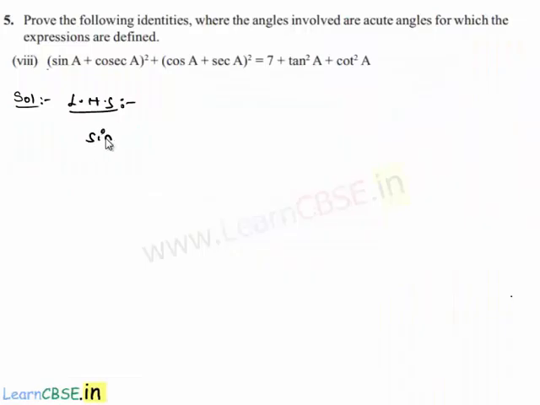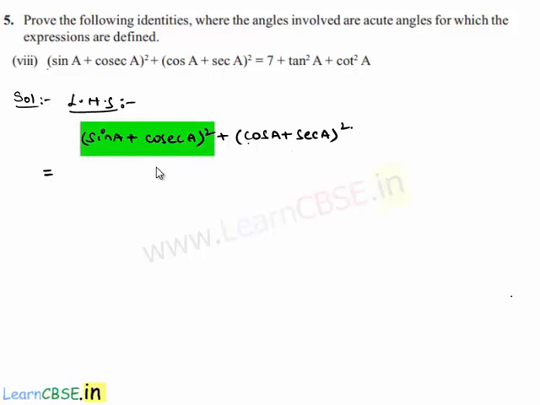That is (sin A + cosec A)² + (cos A + sec A)², which is equal to, this is in the form of (A + B)² and this is also in the form of (A + B)². Let us apply the formula that (A + B)² is equal to A² + B² + 2AB. Then we get